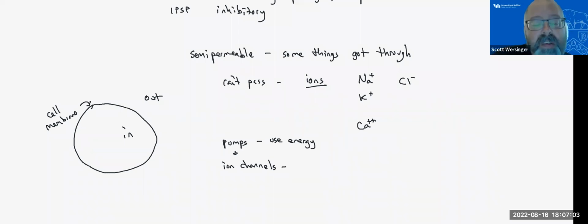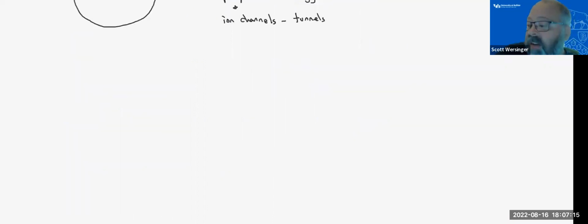Ion channels are just tunnels through the membrane that allow things to go. Now, when the neuron is at rest, so nothing special is going on,